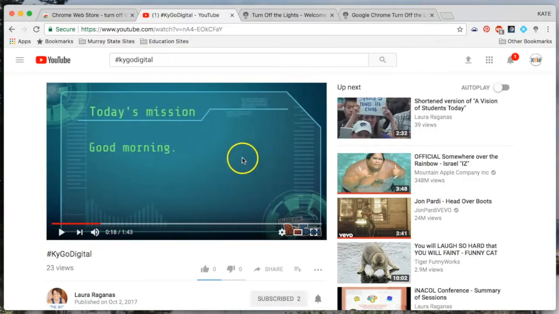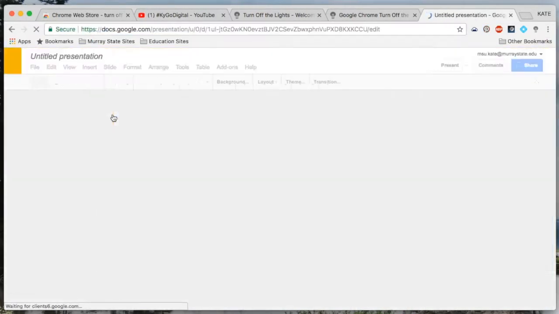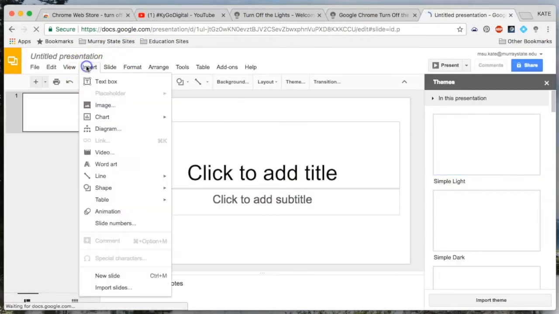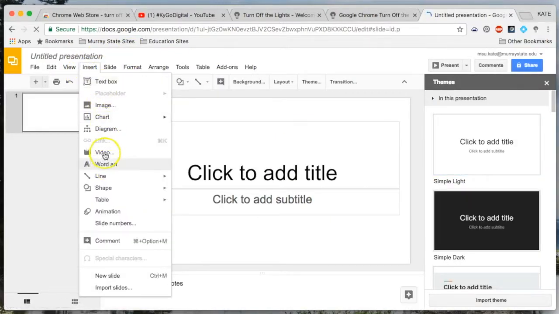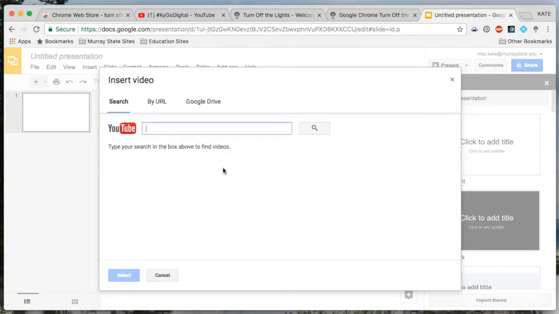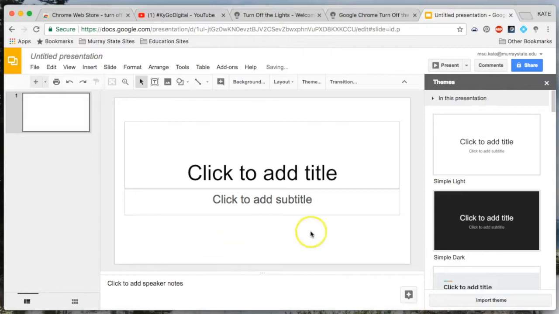Another option you have is to copy the URL and go to Google Slides. And then when you go to Google Slides, let me open them. I'm going to create a new slideshow. All I need is one, and I'm going to go here to Insert, and I'm going to say I want to insert a video. When I insert that video, I can paste in the URL, and I can say search. This is the one I had. I'm going to select it,